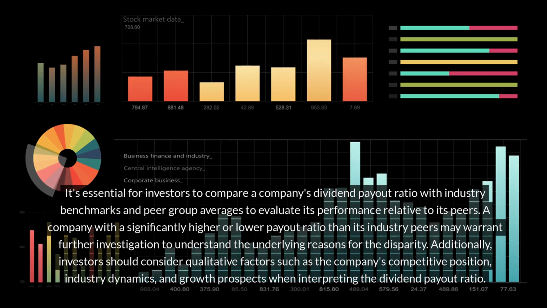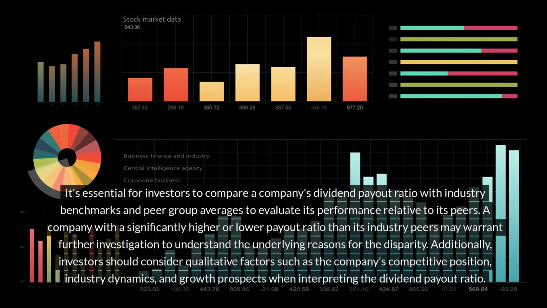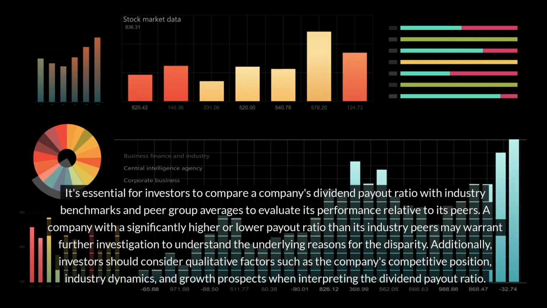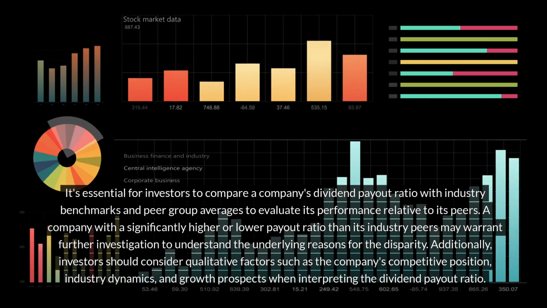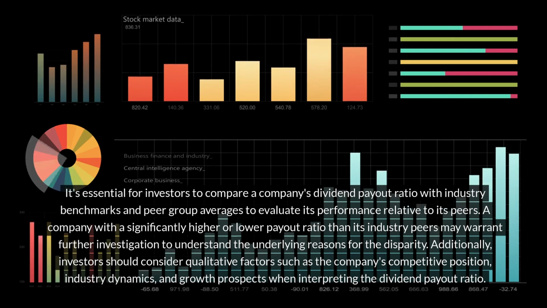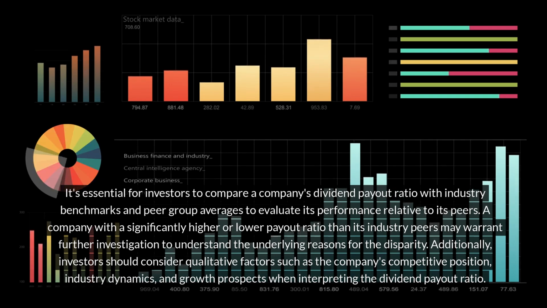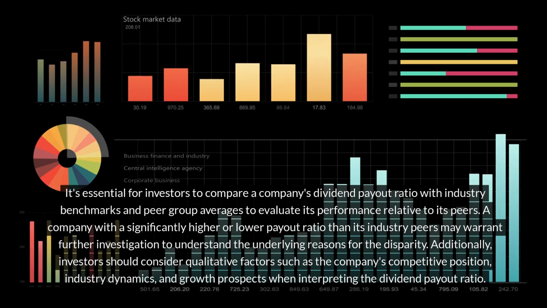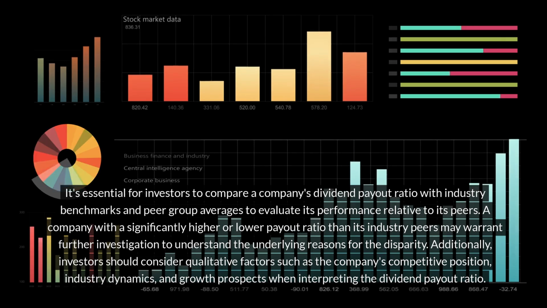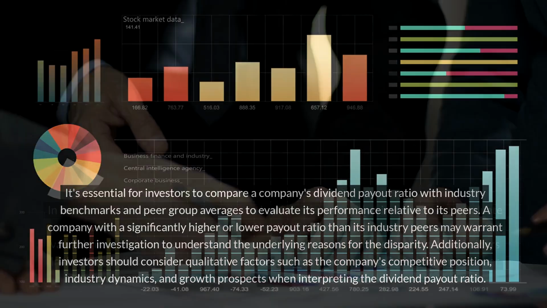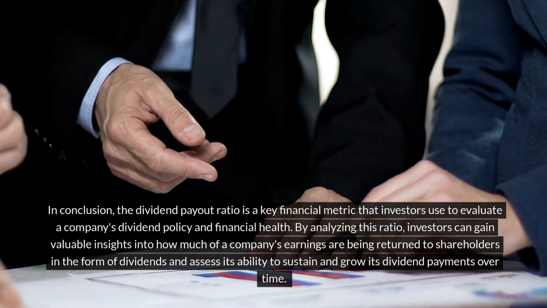It's essential for investors to compare a company's dividend payout ratio with industry benchmarks and peer group averages to evaluate its performance relative to its peers. A company with a significantly higher or lower payout ratio than its industry peers may warrant further investigation to understand the underlying reasons for the disparity. Additionally, investors should consider qualitative factors such as the company's competitive position, industry dynamics, and growth prospects when interpreting the dividend payout ratio. In conclusion, the dividend payout ratio is a key financial metric that investors use to evaluate a